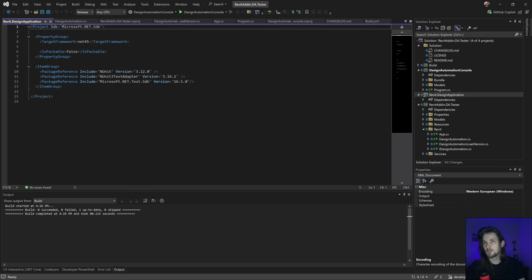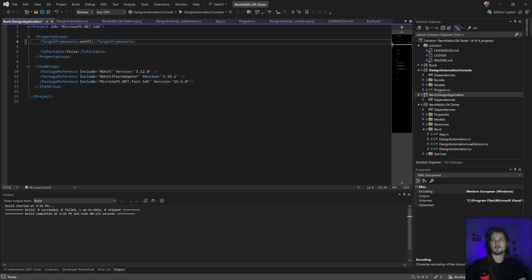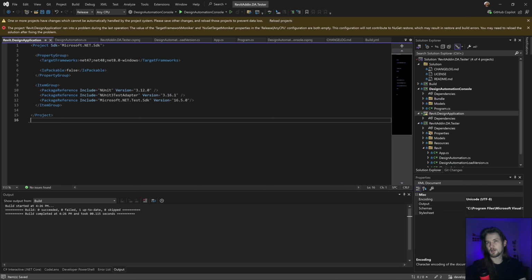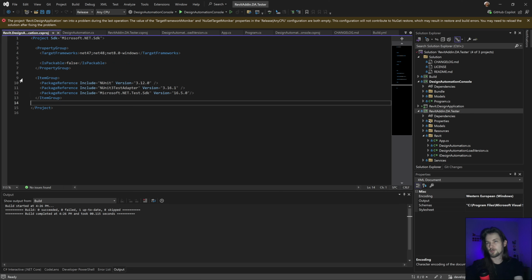And what I need to change in here, I'm going to change this one to version 7, net 8 and netcore net 8.0 Windows. Basically all the versions that I need. Going to reload that for design automation or for Revit.